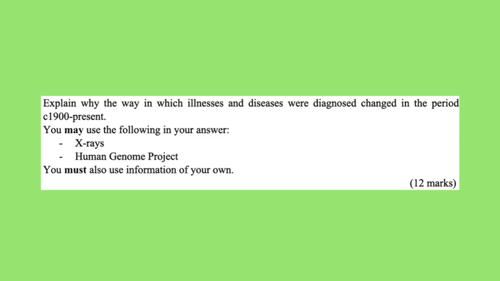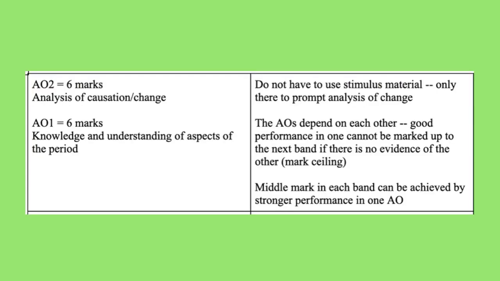Explain why the way in which illnesses and diseases were diagnosed changed in the period circa 1900 to present. You may use the following in your answer: X-rays, the Human Genome Project. You must also use information of your own. 12 marks. Here's the mark scheme for this question, which you can find out about in more detail in our